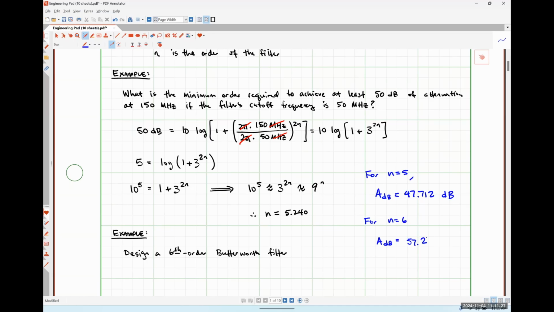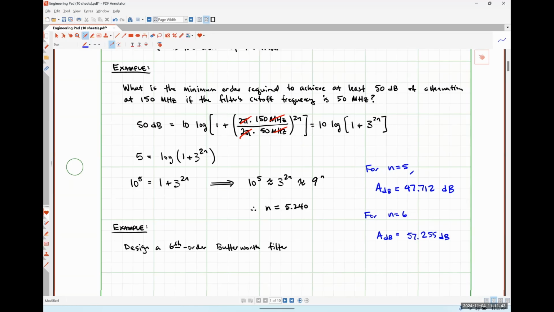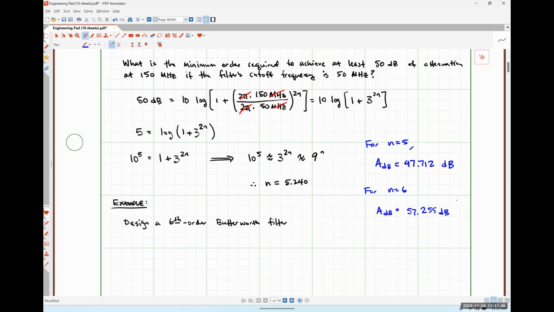57.2545, so let's call that 57.255 dB, which exceeds our design requirement, right? The order of our filter always has to be an integer because it's just the number of energy storage elements, so we can't have a quarter of an inductor or a quarter of a capacitor or anything like that. All right, so let's design a 6-order Butterworth filter